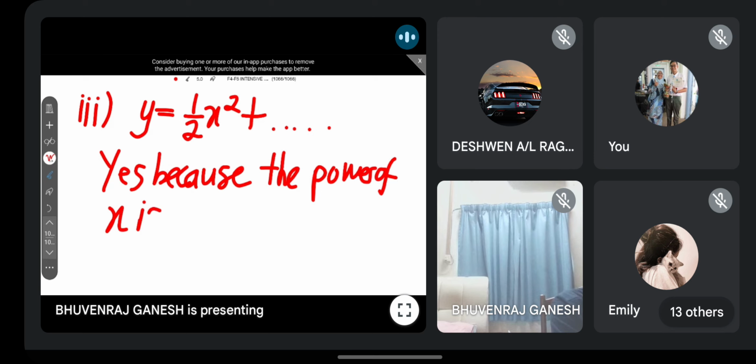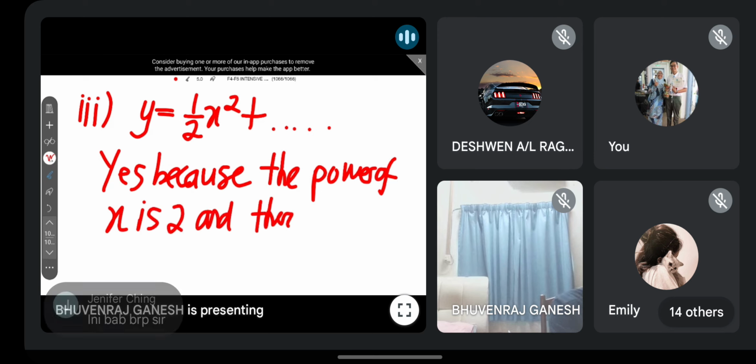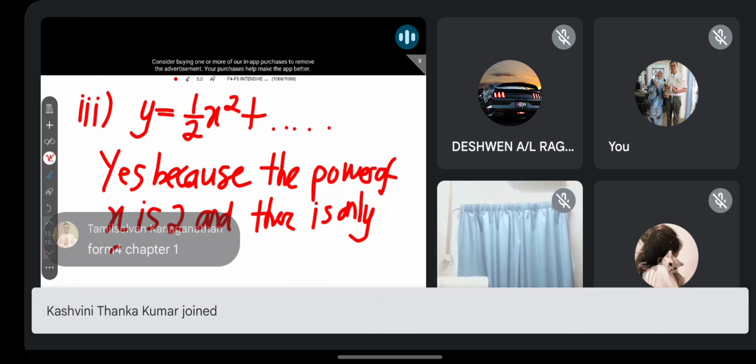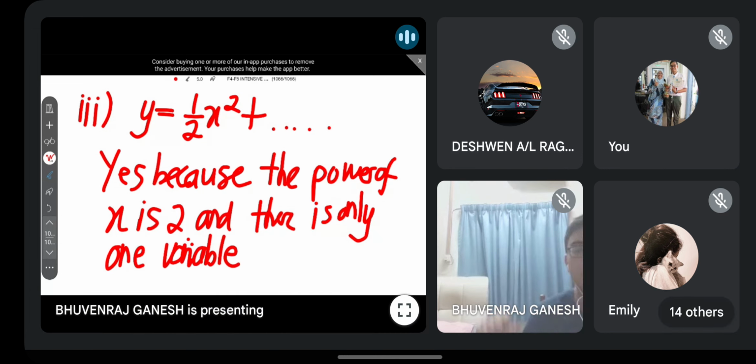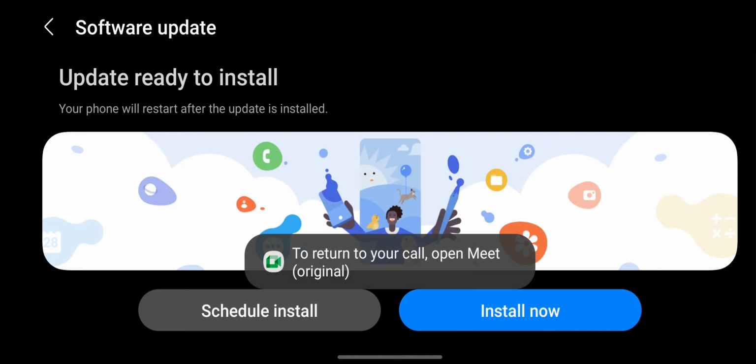Okay, and kamu ada hanya satu pemboleh ubah and there is only one variable. That is the reason that you all will know. Form 4 bab 1. We start from the beginning lah, form 4. For batch 08, batch 07 pun boleh join sebagai revision class. Okay, so yeah, this is the example. Okay, so anyhow they write,